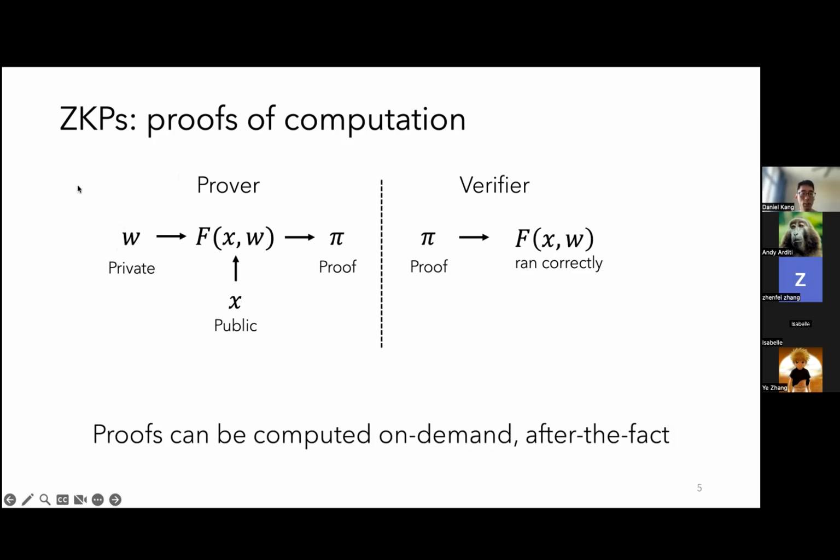One thing I want to point out here is that what exactly x and w are actually changes quite dramatically from application to application. And then there's this unfortunate notational confusion, which is here, this w can sometimes mean weights in ML land, but I'll be very specific and say that here w just specifically means a private input. And I'll walk through several examples of how these can change depending on the application.